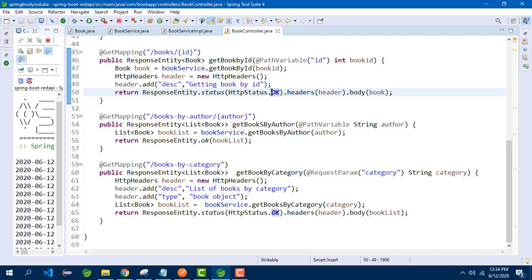Whenever you are creating a REST API, have the return type as response entity with the appropriate generic type. This will help the client to understand the status of the response, if there is any custom headers, the details about your application, and the complete content of your REST API.